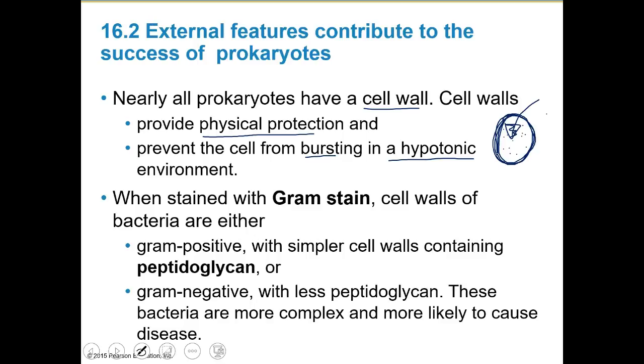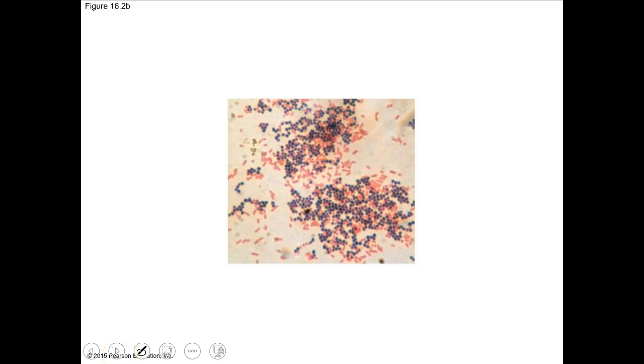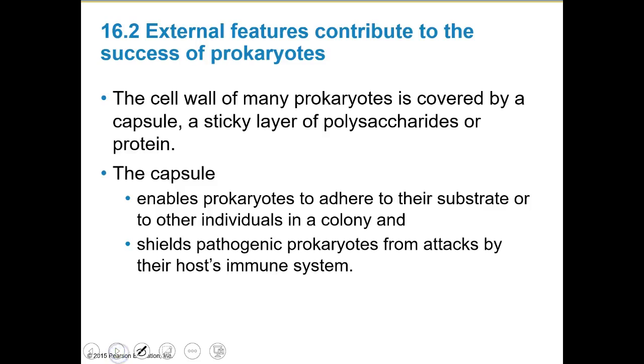Okay, just a reminder. If we can ever get to this, I would love to show you guys, but there is a way to do this. You can gram stain a bacteria, and it will test for peptidoglycan. So a gram-positive bacteria has peptidoglycan in the cell walls. Gram-negative have less of it. Okay, and these bacteria are usually more complex and usually cause disease. They're a bummer. Okay, so there's some gram staining where you can see the gram-positive ones are the purpley guys, and these gram-negative ones are the little pink dudes.